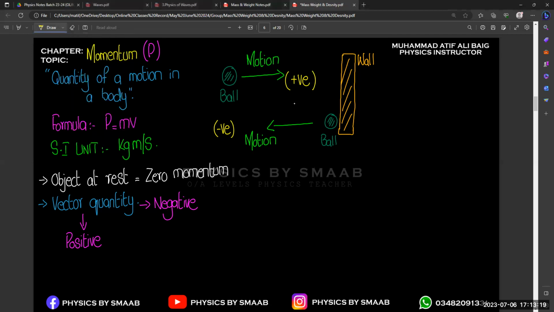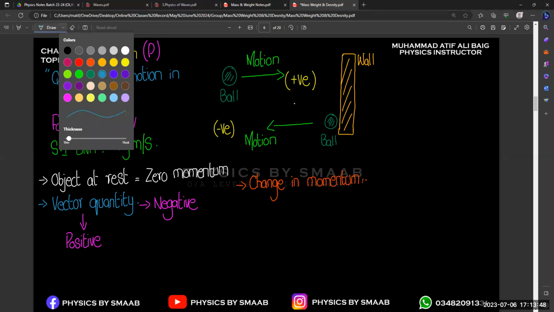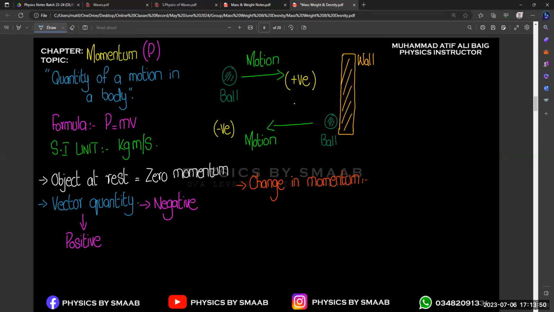So we may write it as, let's suppose we are going to talk about the change in momentum, because in many MCQs they ask this question: what are the factors that will change the momentum of an object? So you need to know how many factors there are that will change the direction or the quantity of momentum. So the very first thing is